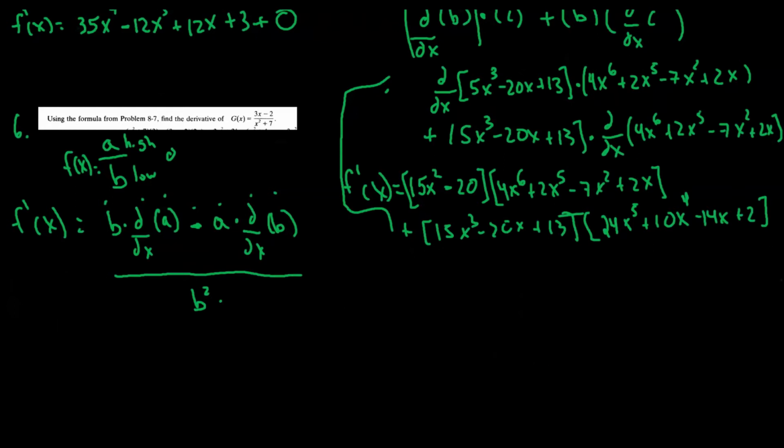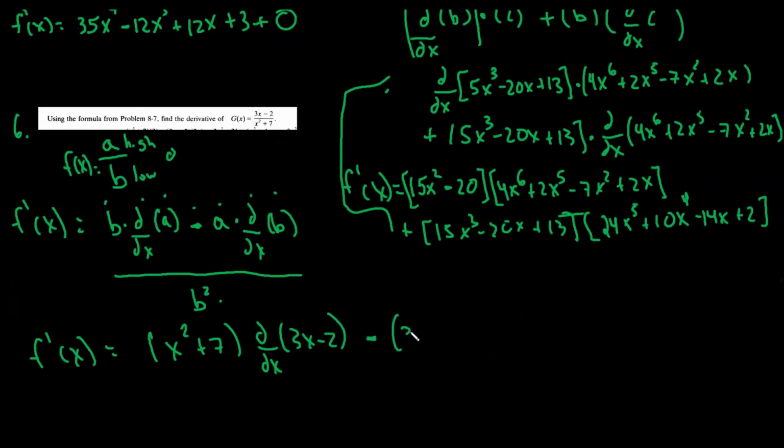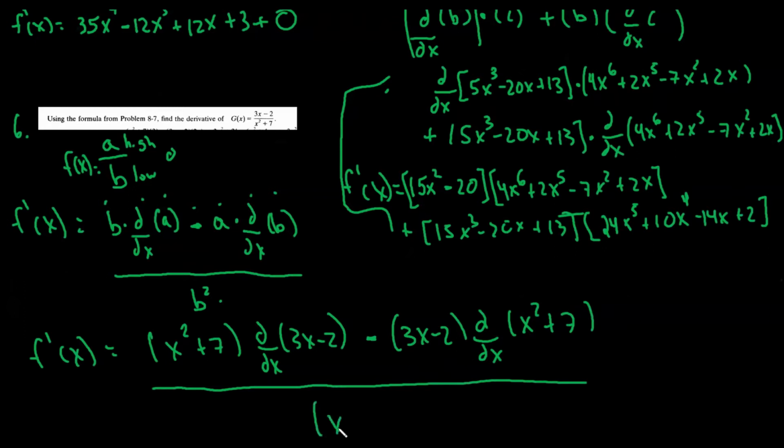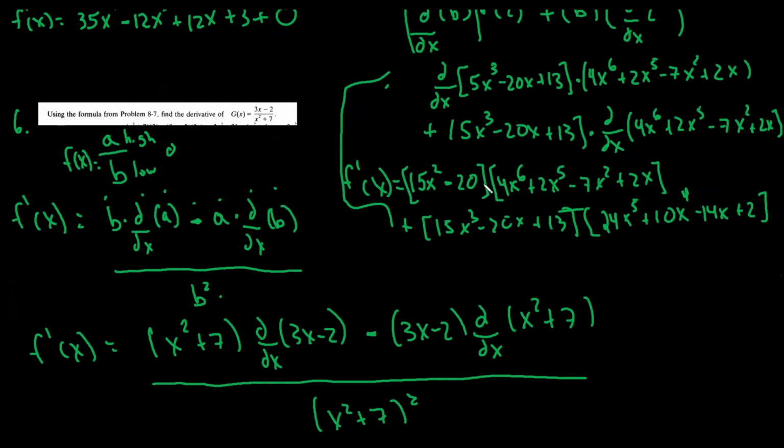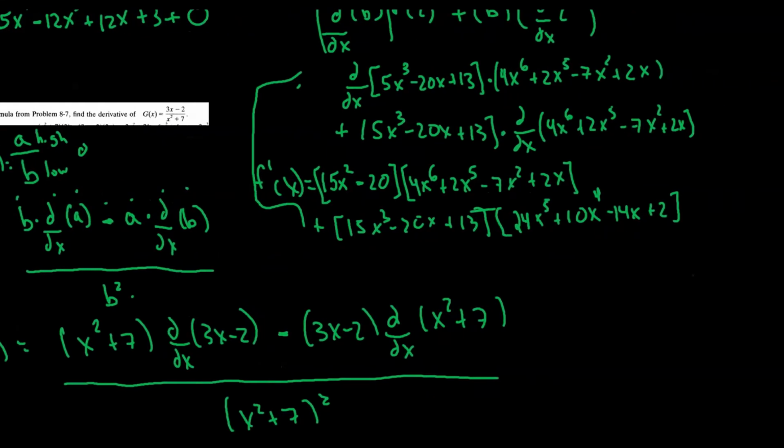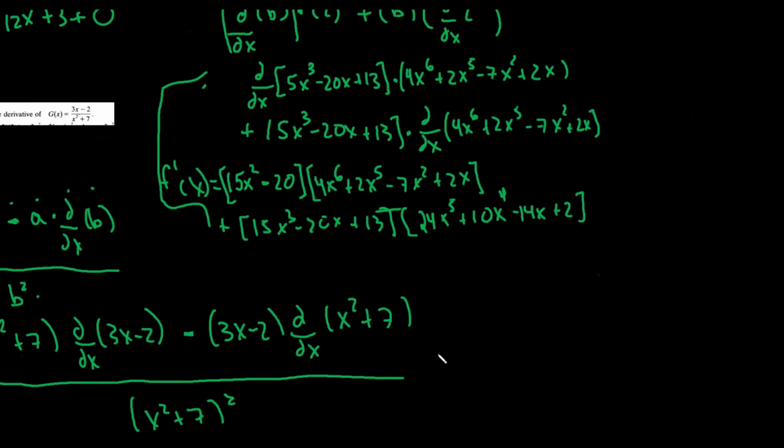So let's go apply that. Low is x^2 plus 7 times d/dx of high, 3x minus 2, minus high, d/dx of low, x^2 plus 7, all over the bottom squared. So (x^2 plus 7) squared. Now, if we go ahead and solve this, let's move over here, we get,